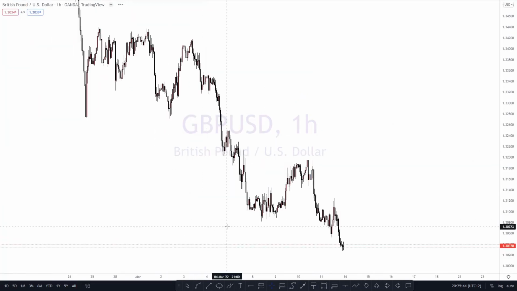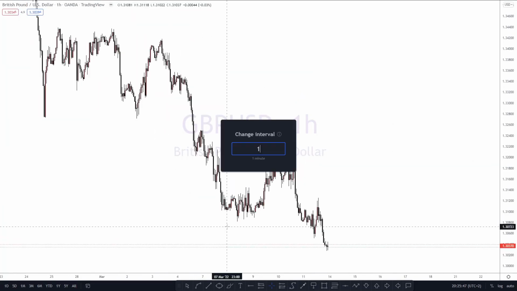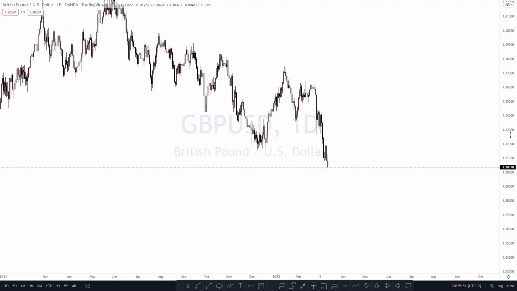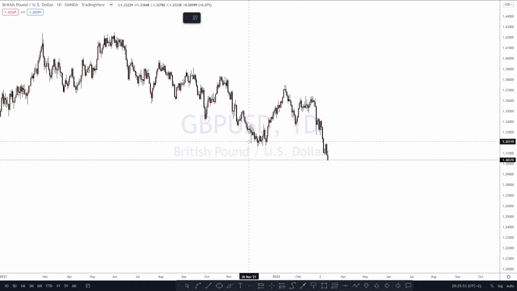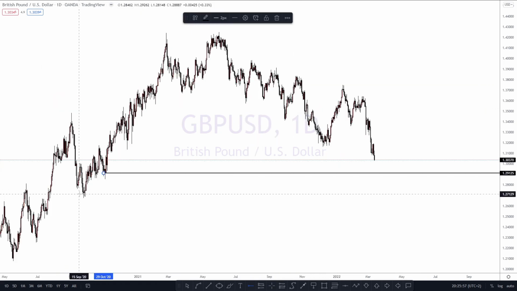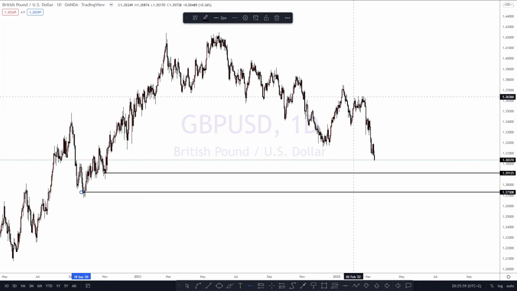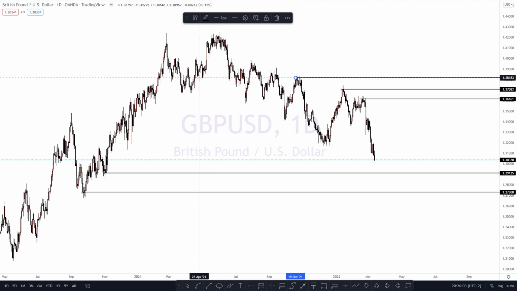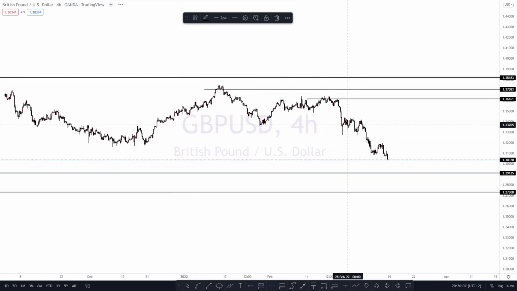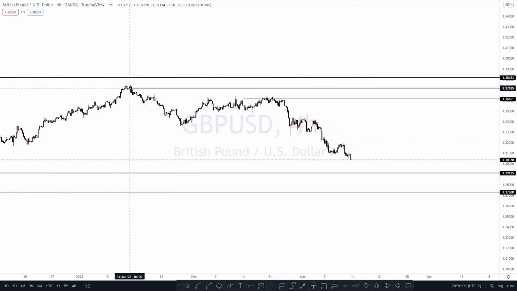But then from there we have GBP USD, have daily, and then also have the very same thing, our highs and lows. So we have this as a high, this as a low, I meant to say. We have this, another one is a low. We have this as a high. We have this as a high, and another one there. They could maybe make more sense as we go down the time frames, but if they don't, we remove them.